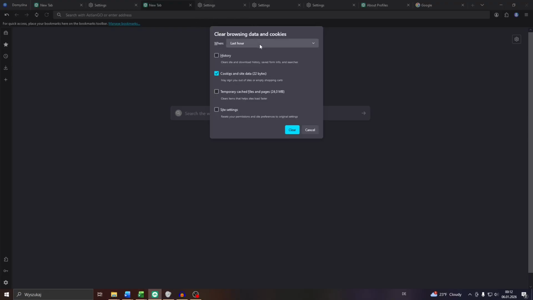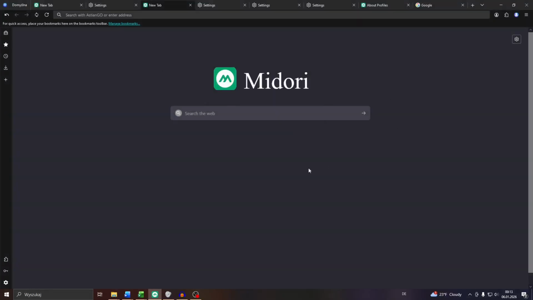And in the last step, or in the pre-last step, select your time range, like last hour, last 2 hours, 4 hours, today, or everything, and confirm by clicking into clear. That's it. Option number 2, guys, would be to navigate to your browser settings by clicking into that gear icon